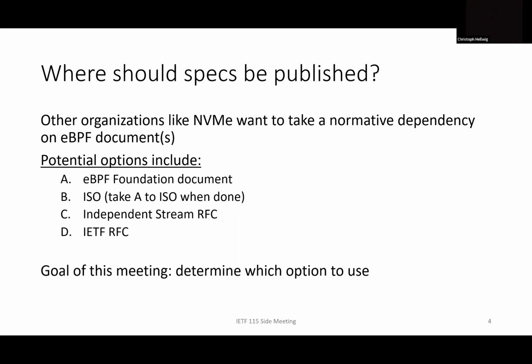So I was thinking about whether that is enough reason to go to the IETF, because it adds quite a lot more process and work. I mean, the Linux community people are the only ones who can actually write the specifications and the documents. So they have to be committed to write the